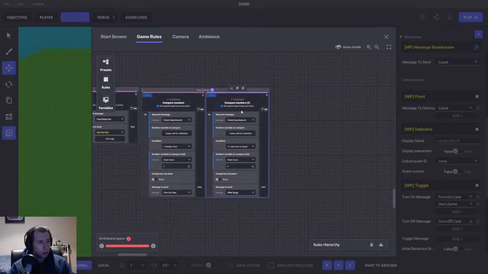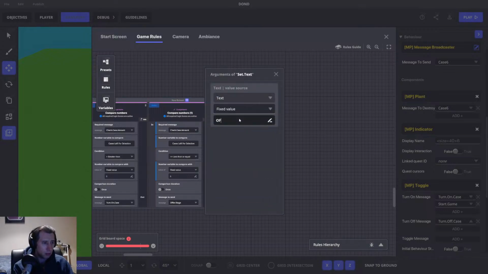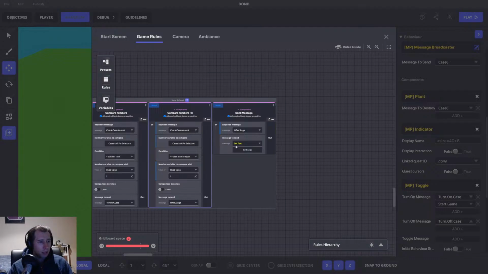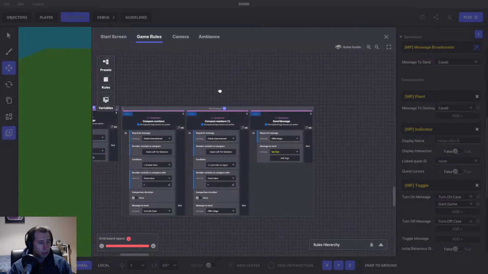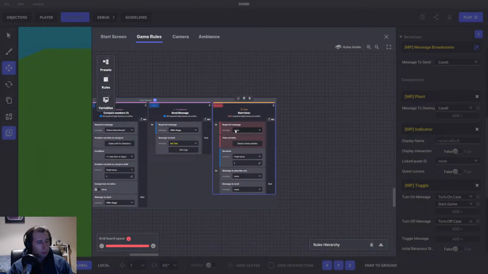and what we can do here for this one is send message, and we can do offer stage, and we can do the set text. We'll have it as a 2-second one, so that's fine. Okay, we'll just call that offer time, and then after 2 seconds, we can probably do another start timer, and we can have offer stage, and we'll use our one timer that we have, and we will wait 4 seconds, and then we'll do calc offer. So we want to calculate the offer,